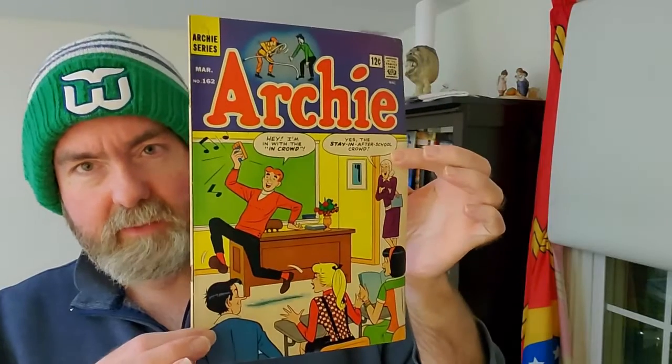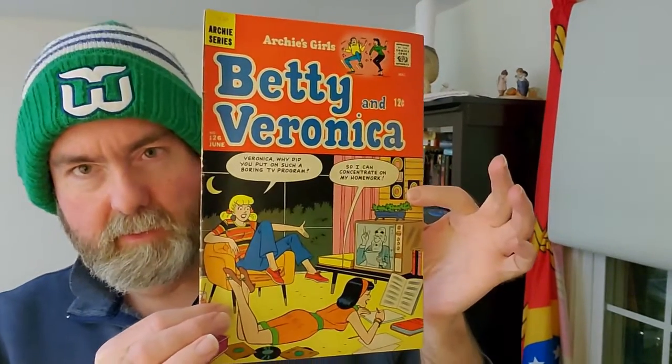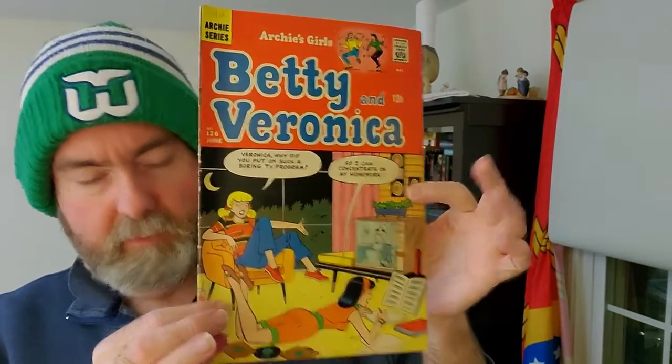Similarly, there's a couple other things that I do collect, but for $1 each, I had to pick them up. I already have a copy of this, but this may actually be nicer than the one I have. 12-cent Archies. Look at this. Archie 162. Betty and Veronica 126. And Pep Comics